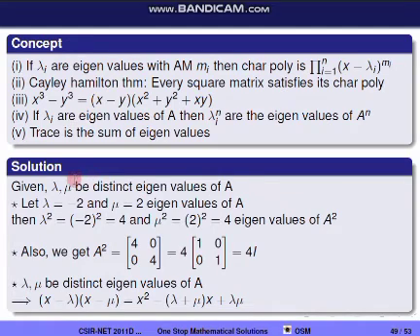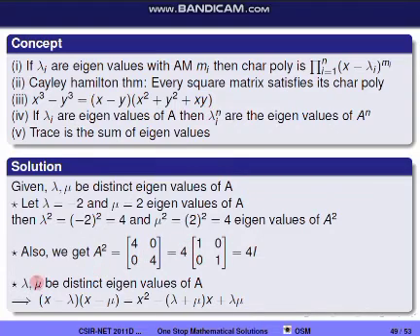So they are given lambda and mu to be distinct eigenvalues of A. So I am taking lambda to be minus 2 and mu to be 2. Then lambda square we are getting as 4 and mu square is equal to 4. That is, lambda square and mu square will be eigenvalues of A square, and both we got as 4. Now I am writing the A square matrix, that is equal to [4 0; 0 4] by Jordan canonical form, and this is equal to 4 into the identity matrix.